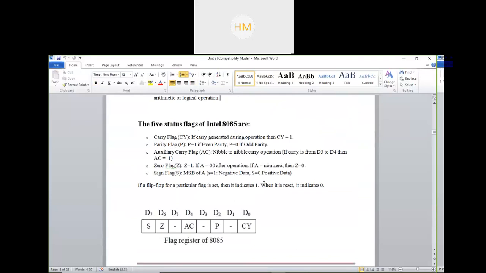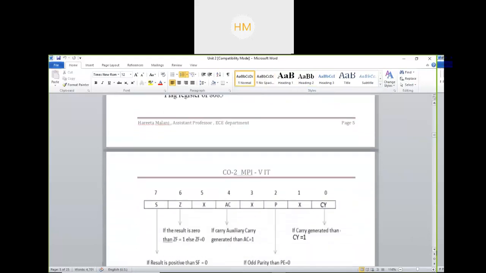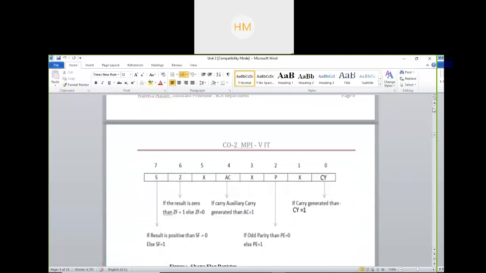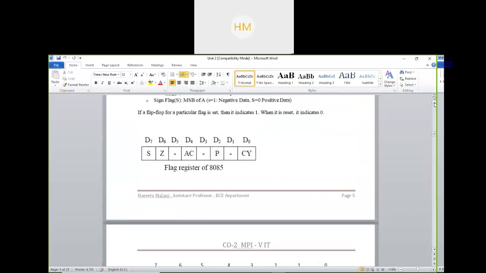So take out your copy and draw this flag register status. Till that time, I will take your attendance. Can you see the flag register? Have you drawn this diagram, the 8-bit register?